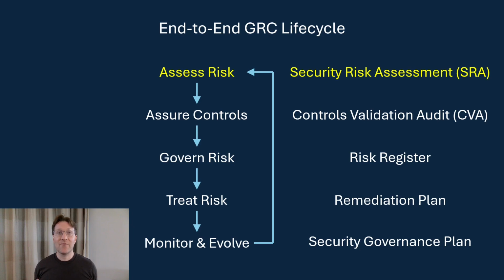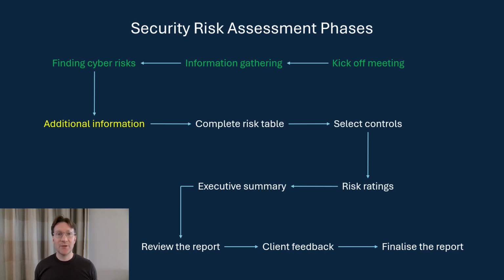This is the fifth video in a series on how to do a cybersecurity risk assessment and forms part of the first stage of the GRC lifecycle, assess risk. Having come up with our list of risks in the previous video using information provided by the client, in this video we will look at how in real life it's highly unlikely that we actually have all the information that we need at this stage, and how we will need to identify what information is missing and how to get